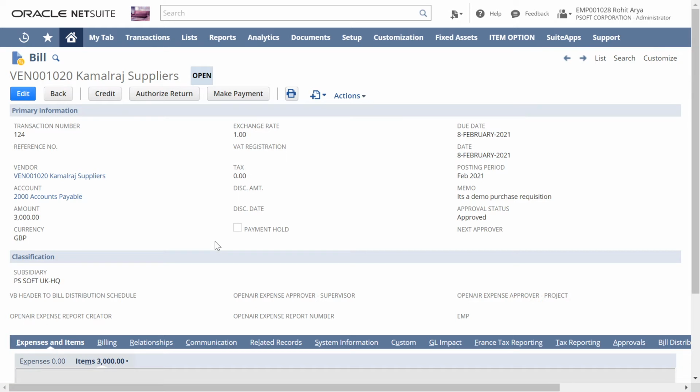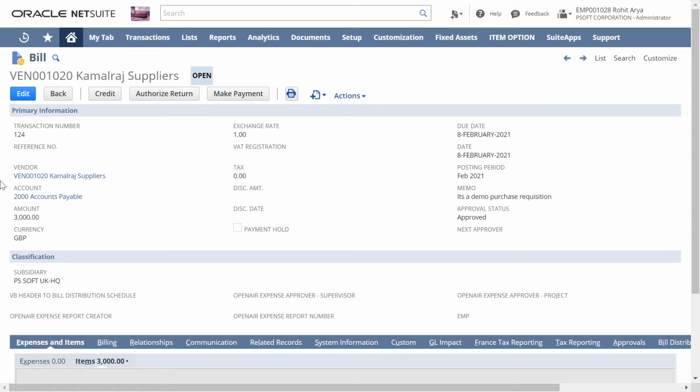There are certain changes which apply to a bill when the payment hold box is checked. That is, the make payment button won't be visible on the invoices on which payment hold is implemented. As you can see here, the make payment button is visible right now since the payment hold is not checked. And the vendor bill subjected to a payment hold does not appear in the bills payment page as well. And the electronic payments tab does not process payments that are subjected to a payment hold.